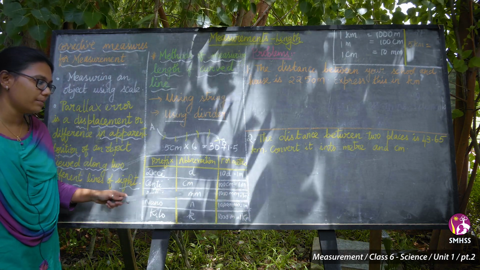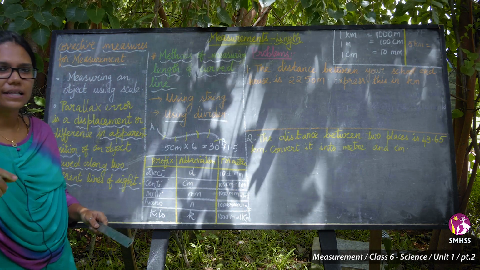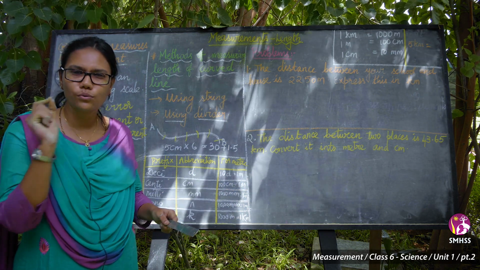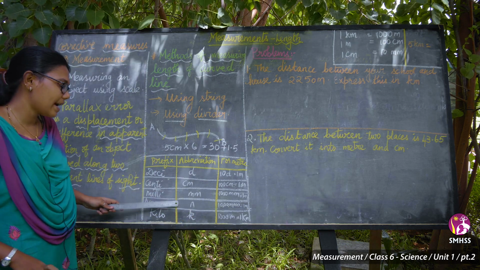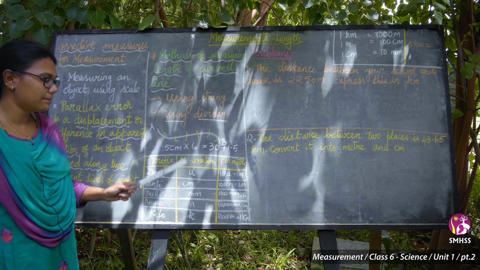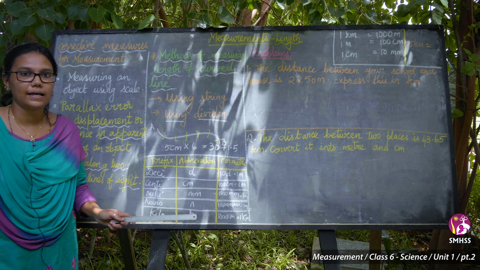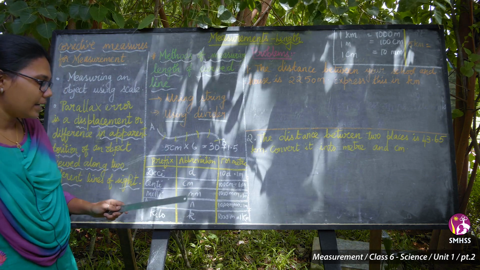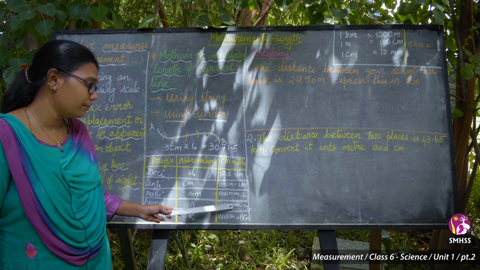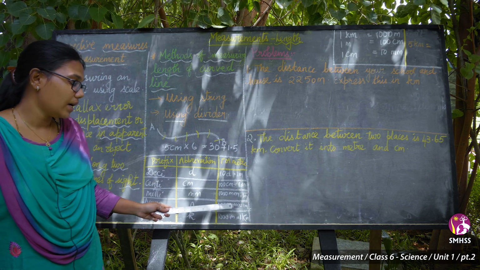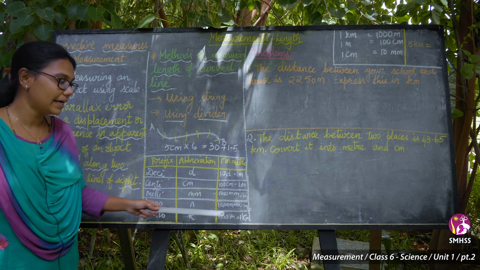And we have the nanometer. Nanometer is a very, very minute length. So this is known as nano. The prefix is nano and the abbreviation is n. It is denoted by the small letter n. And you have, see how many zeros? 1, 2, 3, 4, 5, 6, 7, 8. 8 zeros. So how will we calculate it?